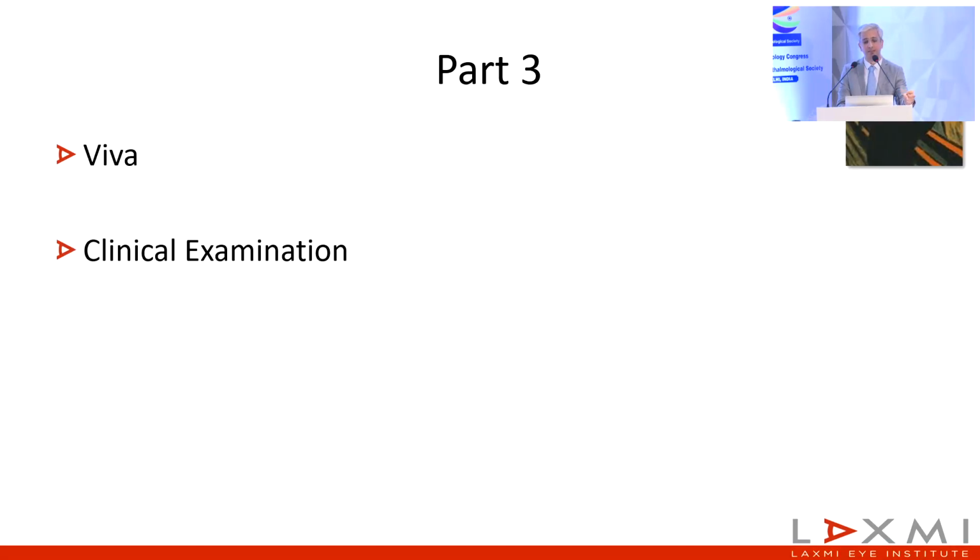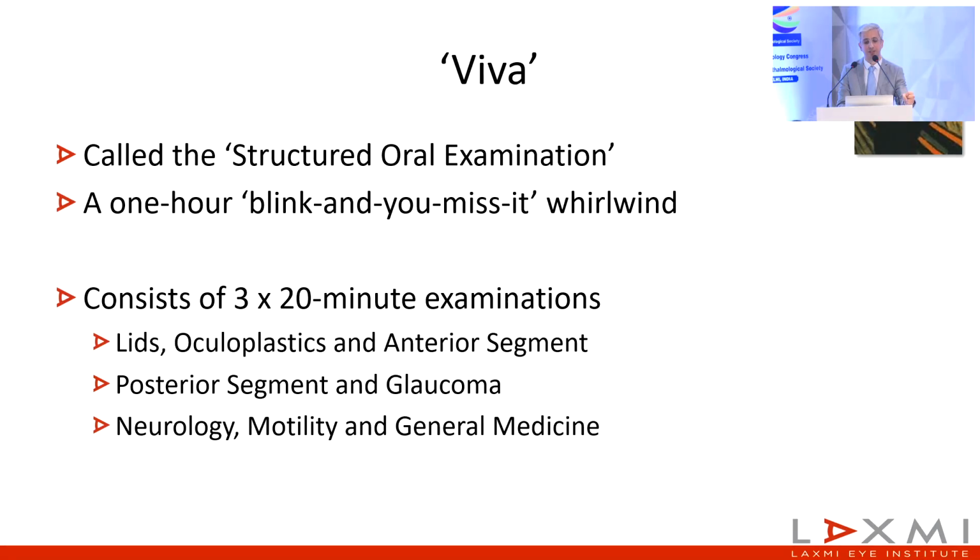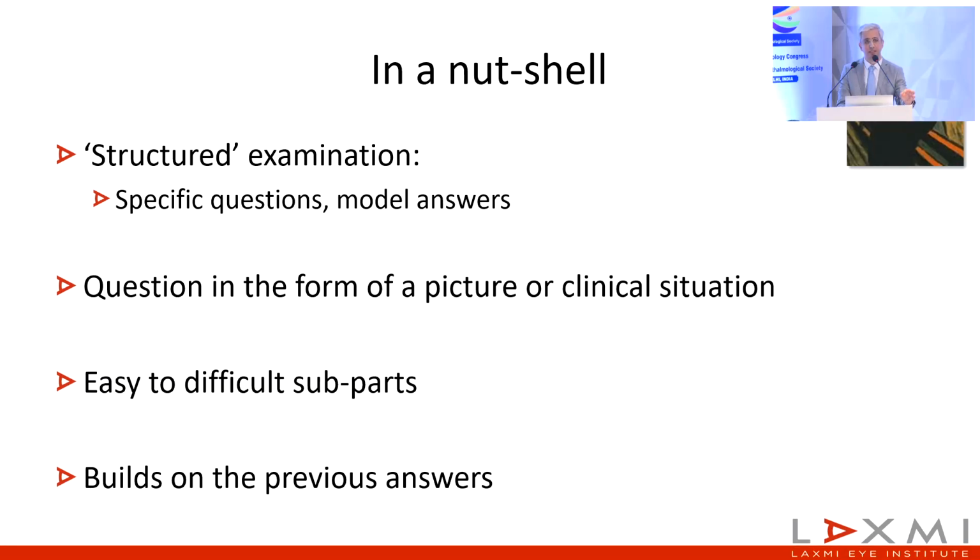So coming to the third part, as I mentioned, the structured oral examination is the first one that you will encounter. It has 3 stations of 20 minutes each, where you would be quizzed upon these various topics. You will have 2 examiners, and it really goes in a very fast manner. But it is very structured because it has specific questions and model answers. And if you're able to hit those keywords that the examiner has on the card in front of them,